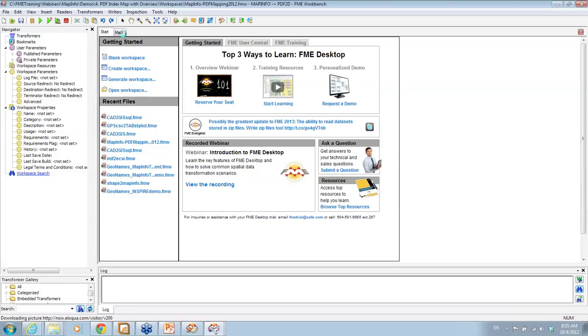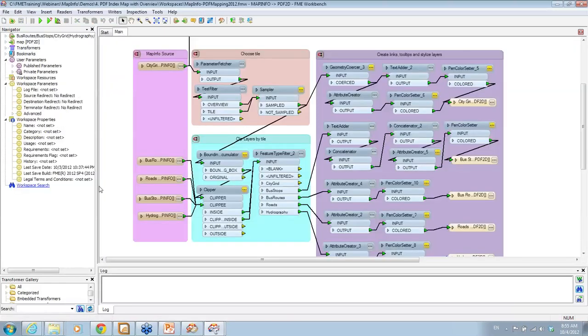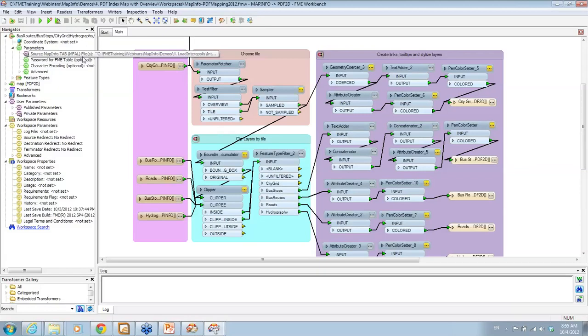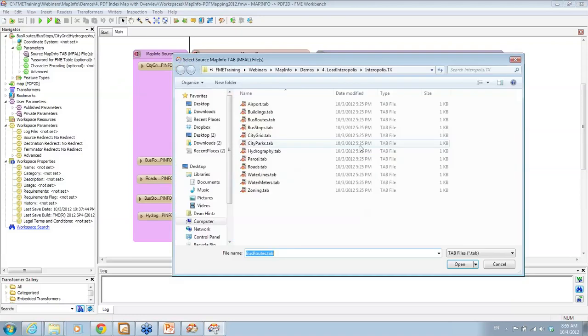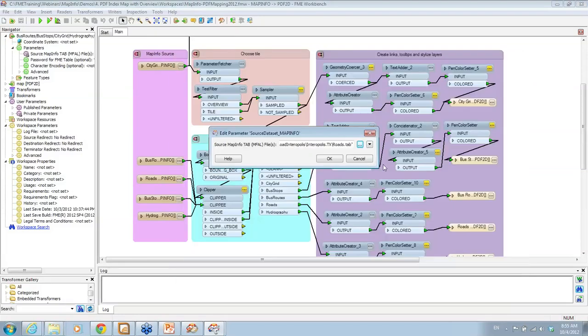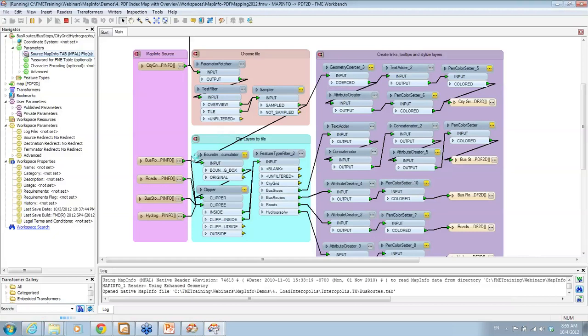So this is the same workspace I'm bringing up. Again, reading from MapInfo this time and going out to 2D PDF. Just make sure I have all my data sources there. Okay. So the point I'm making here is that if we can run it on the desktop, then we can also